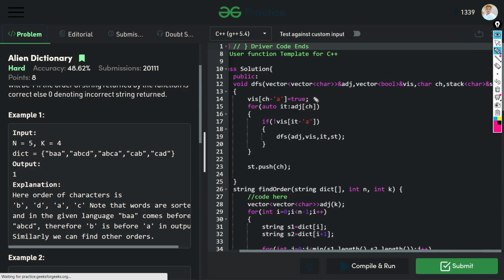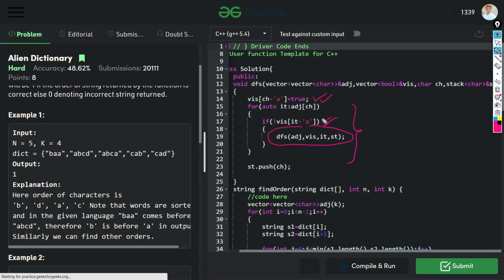If we traverse any node, then we mark it true, and after that we check its adjacent nodes. If we get any adjacent node of a particular node, then we make a DFS call, and at that time we check whether this particular character is unvisited or not.